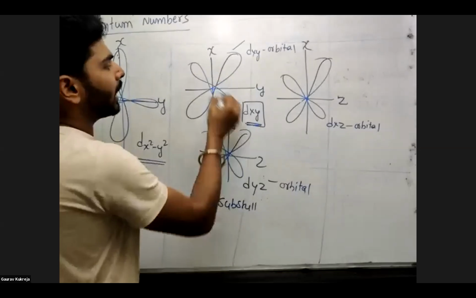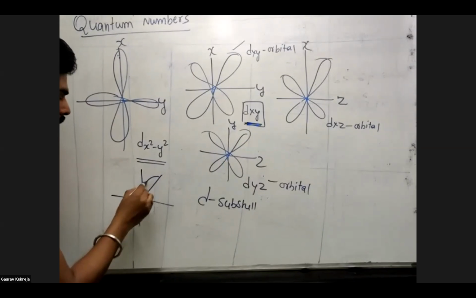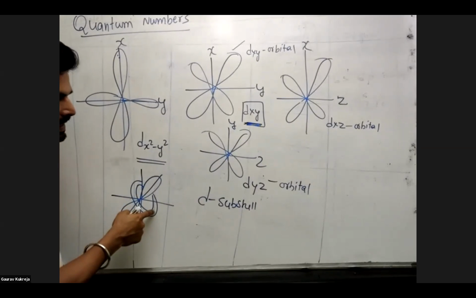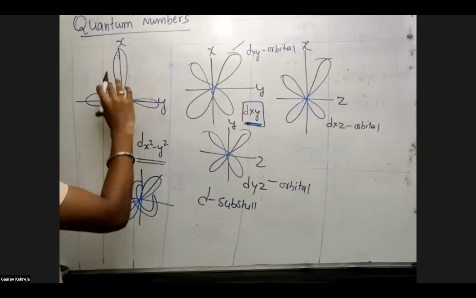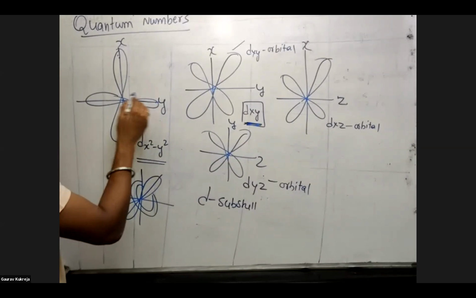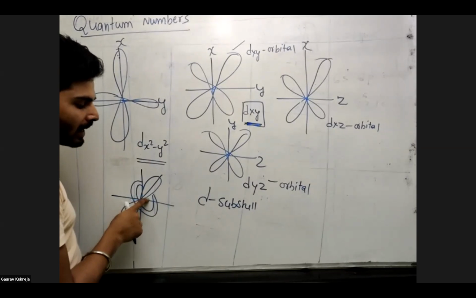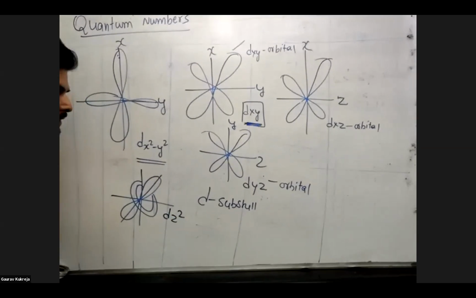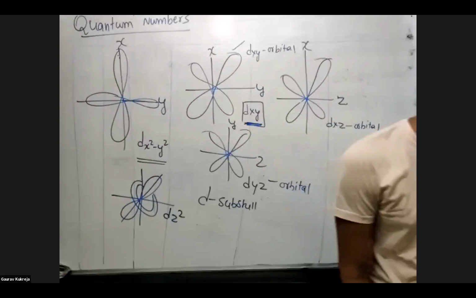If they are present on the plane, then call it as dxy. So one more is z. In z it will revolve like this, and one more will be like this. So the shape is like this. Don't consider this is different, this is different. Both are same. Don't understand this as a separate dumbbell either, it is the same; even if there is one electron, it will occupy all the four lobes of them. So even if there is only one electron, it will have all this space occupied. Because now we have to understand electrons as a wave. If you understand it as a wave, you can tell its presence at maximum locations.